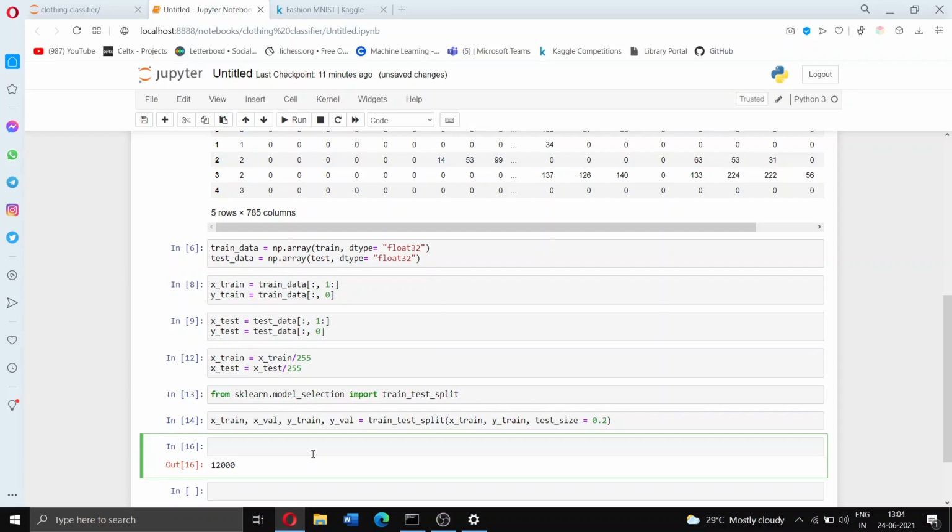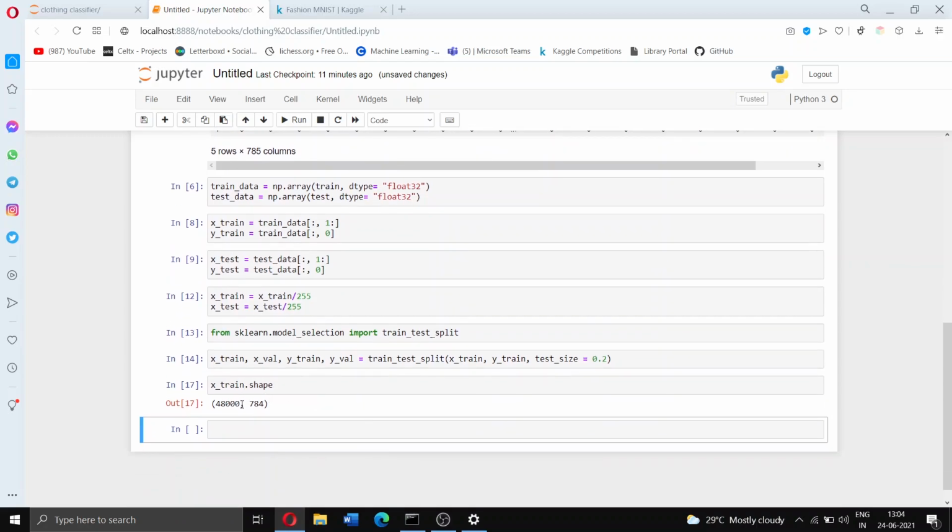So let's just see the shape first. Let's see what x_train.shape is, so you know what I'm talking about. There are 48,000 examples and they're just stored in 784 columns. That's not what we want. So we're going to reshape all of them. Let's say x_train equals x_train.reshape.